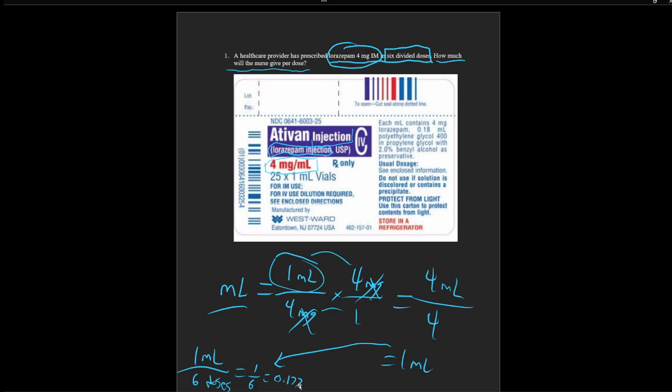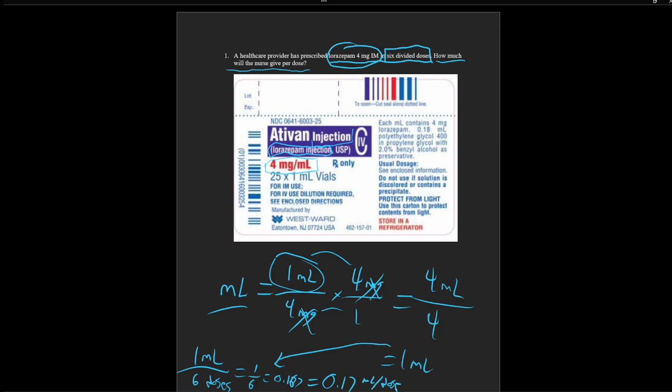Actually, no, it's 0.667. Yeah, that's right. So if we're dealing with any volumes lower than 1 milliliter, we're going to round to the nearest 100th place. If we're using volumes above 1 milliliter, we're going to round to the nearest 10th place. So the answer here will be, based on rounding, 0.17